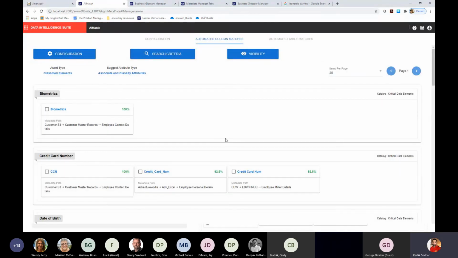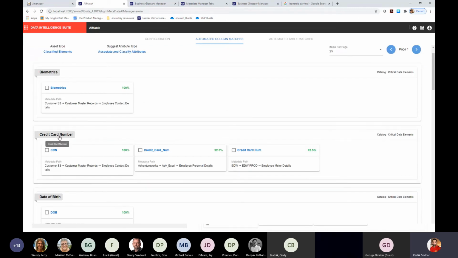So here the tool uses algorithms behind the scenes that go into the physical aspects and logical aspects of your physical metadata. So the tool looks at logical names and the physical names and arrives at the relevant matches. So you can see that for credit card number, it found a match CCN, it found a number match from system and credit space card space num.